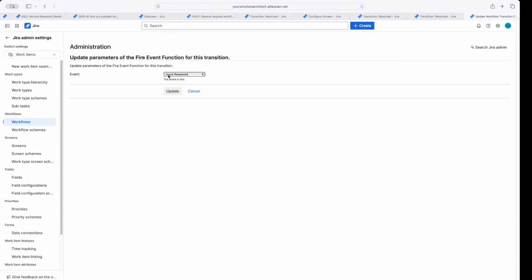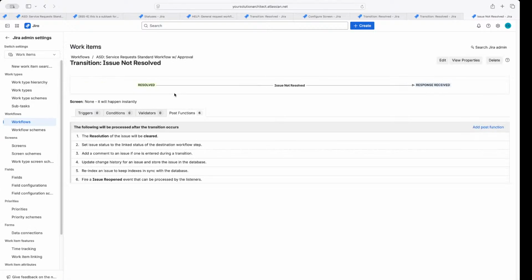So let's go ahead and give it issue reopened in case maybe this service desk manager wants to know how many tickets are being reopened, and they want an alert in their inbox every time something's reopened so they can investigate if people aren't completing the job at hand. So we want to make sure that it has the issue reopened because it's technically going from a closed status